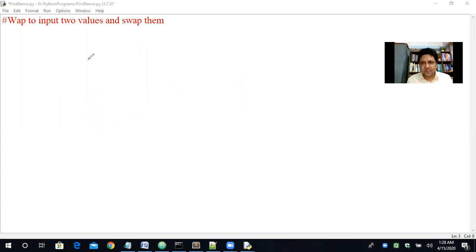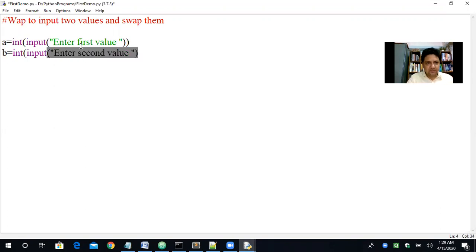Okay. So first of all, we have to take the input from the user, because without input, we cannot do any calculation. We cannot perform any expression, any mathematical or normal calculation. So first of all, we have to take the input, then we can do some processing. A is equal to int input, enter first value, and B is equal to int input,